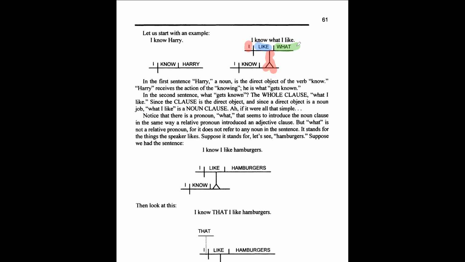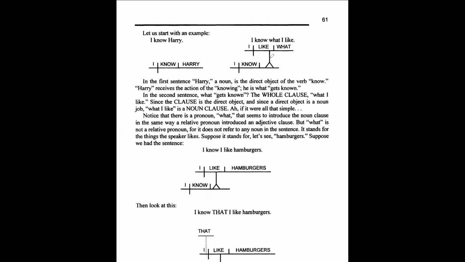Because who's doing the liking? I is doing the liking. But the like what, right? And I mean, even when you ask the question, the answer is there. It's the what that is the direct object. So the direct object is going to go in the appropriate place. So direct object for the verb like. What is liked is what. I know it sounds a little funny, but this is how we're going to deal with